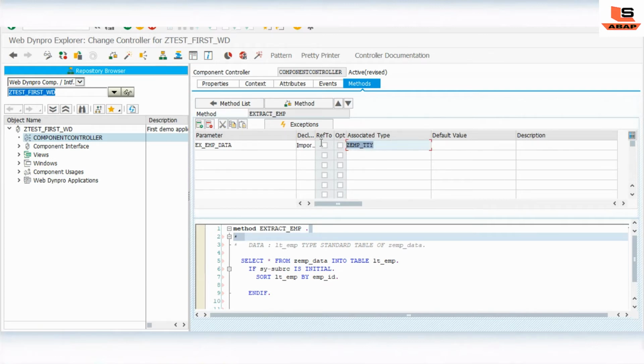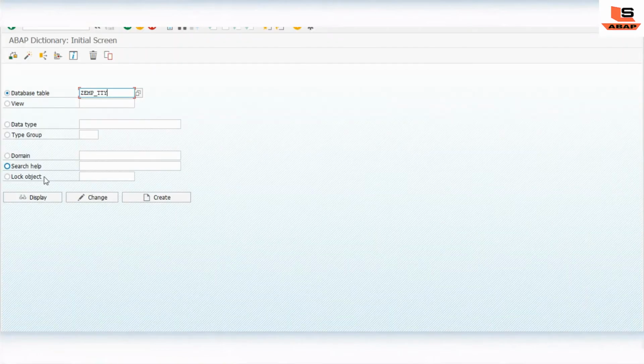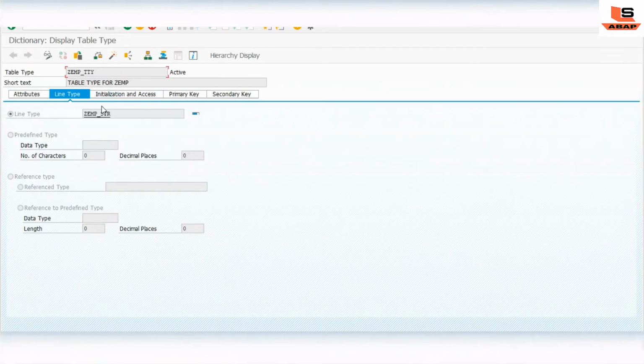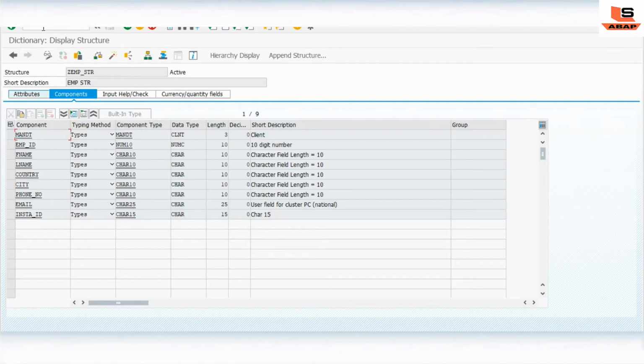I have just created this employee data table type, I will show you this. See, I have just created this structure. As you can see, this structure contains the same fields as the employee data, whatever we are using for our extraction.